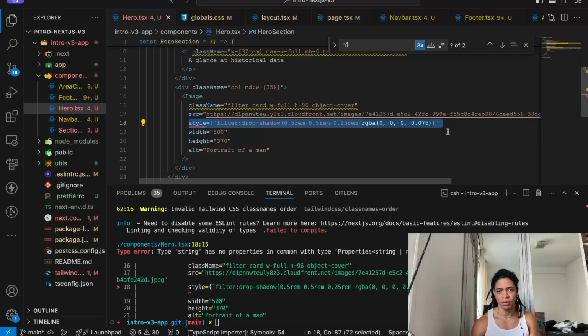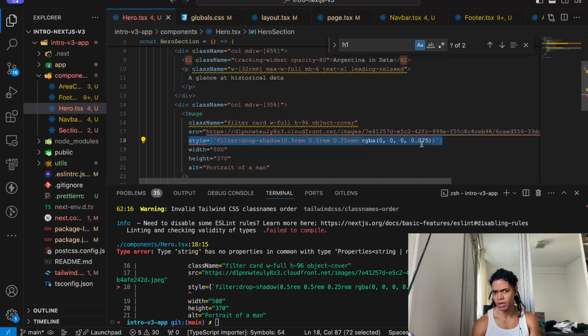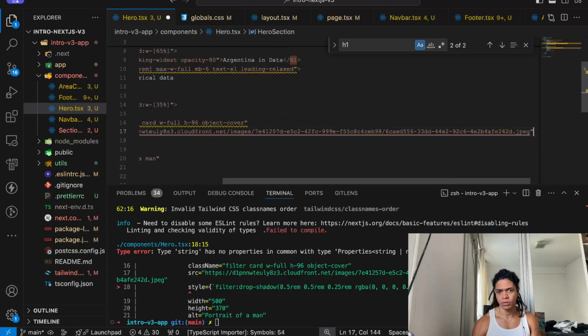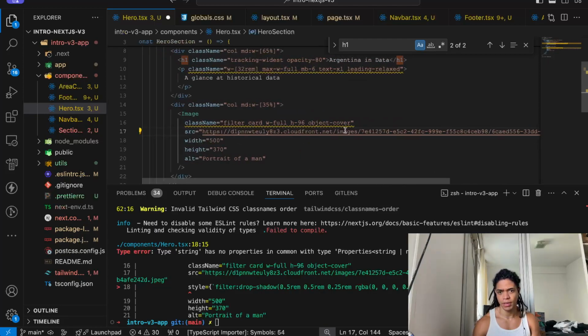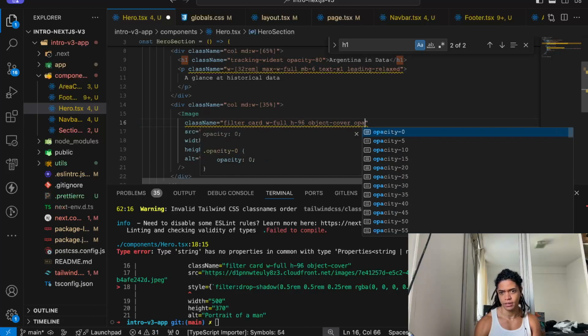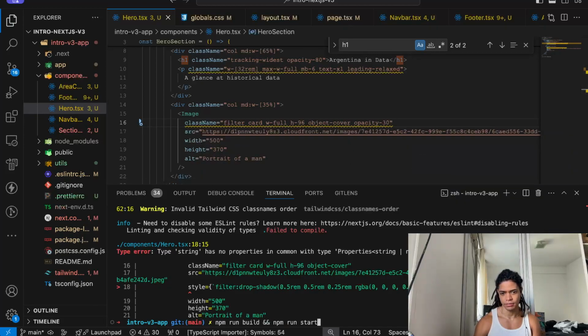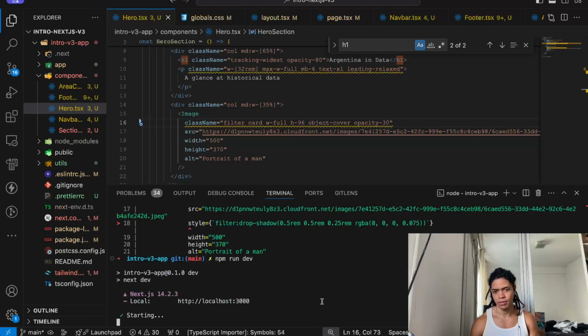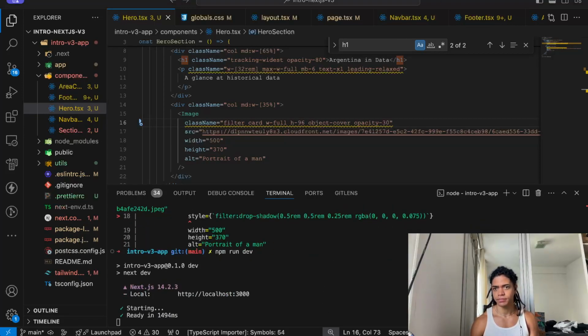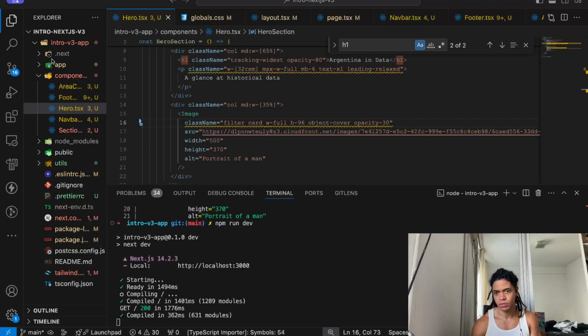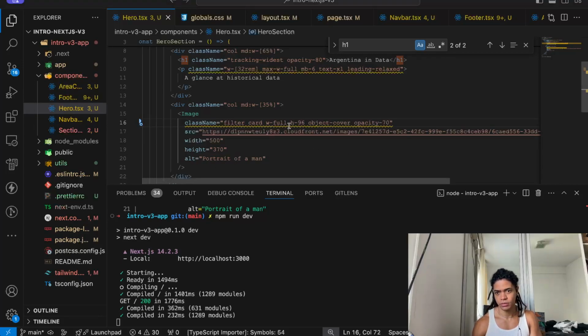We in fact are not applying that, which to me is quite puzzling. So here what we can do is just to say opacity. Okay, so opacity of 30 to see how it's gonna look. Run dev, okay. No, we need more opacity here.